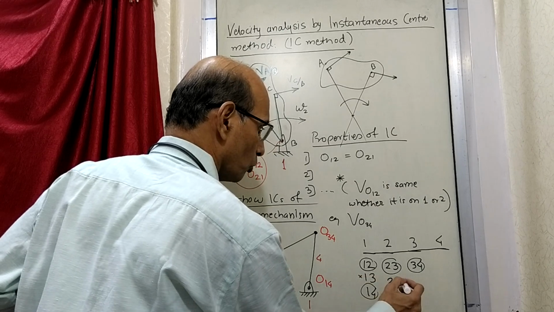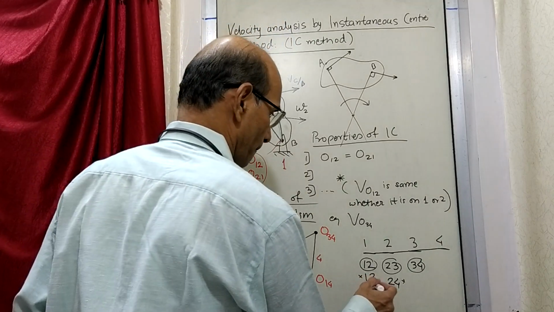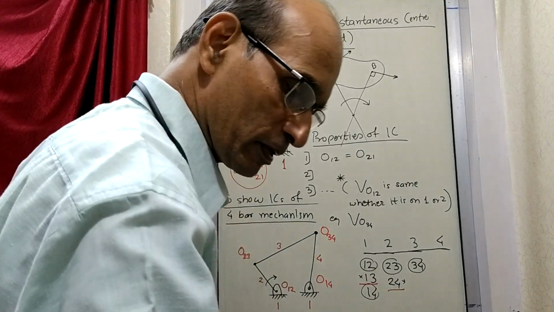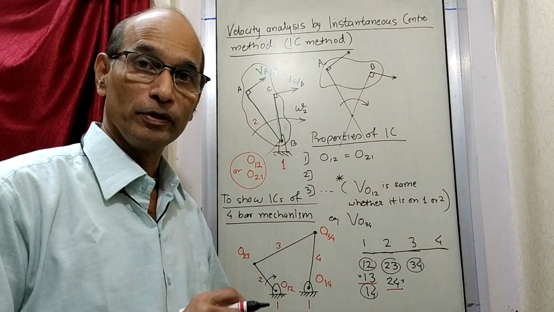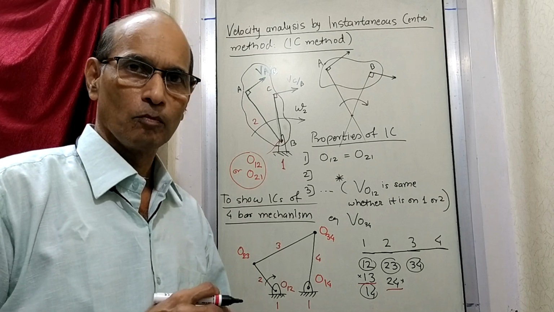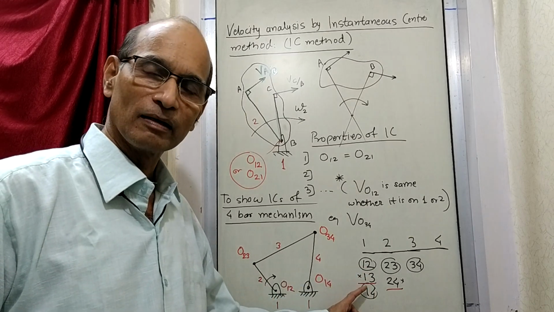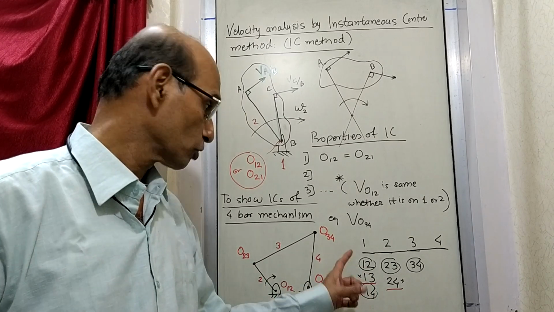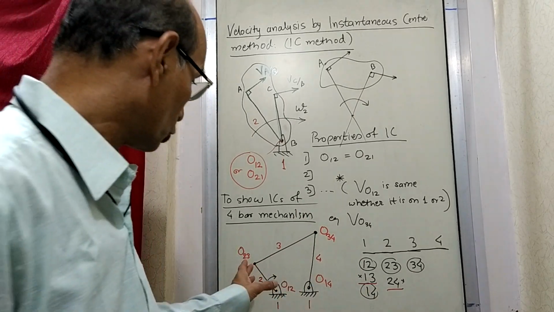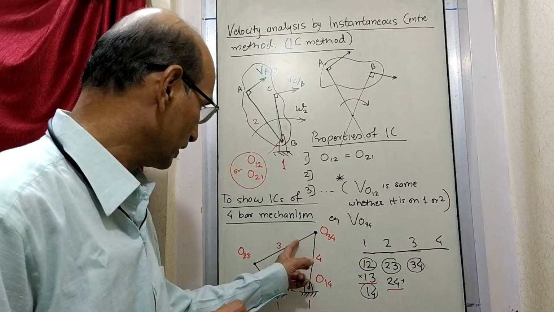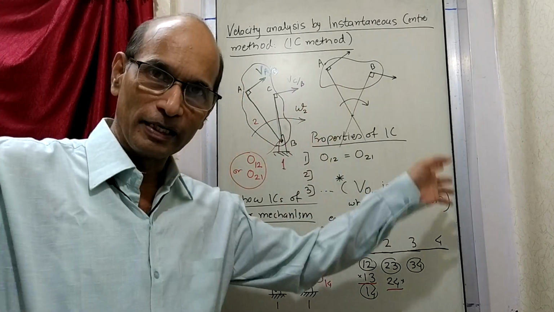Now what is not known to us so far is 1 3 we don't know, 2 4 we don't know, but it is there. There is going to be 1 3 somewhere. There is going to be 2 4 somewhere, but we don't know where it is. And moreover, what we are also going to say now is that 1 3 is going to be a center which is a combination of link 1 and link 3. 2 4 is the center combination of 2 and 4. Now you will wonder, 2 and 4 they are not connected. Like 3 and 4 they were connected, this was 3 4. Now 2 and 4 they are not connected at all, they are totally different links.